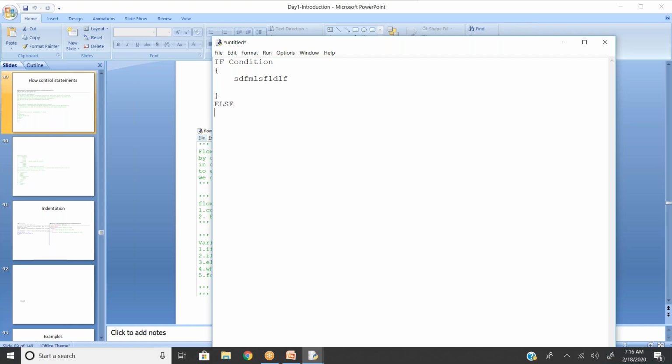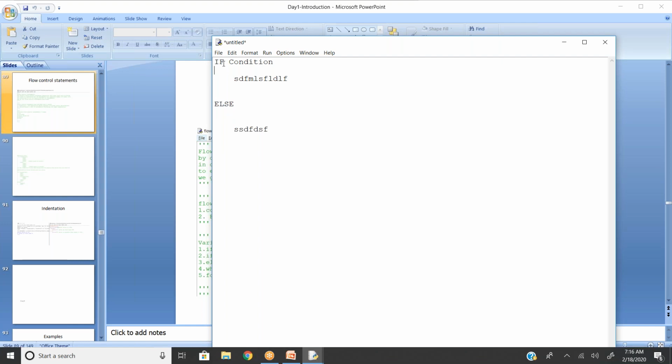Then again else, open the curly bracket, write your block, then close it. This is the ideal way you are expecting. Am I right? But when I come to Python, you don't have any curly brackets here.